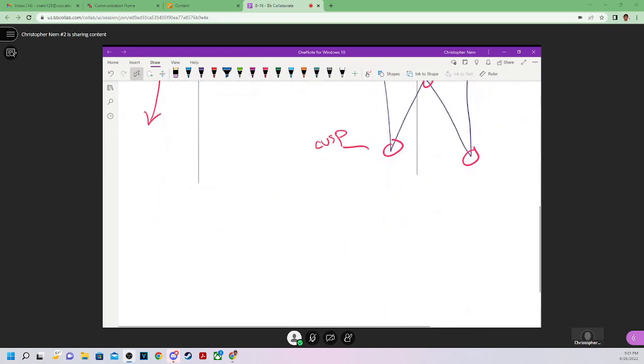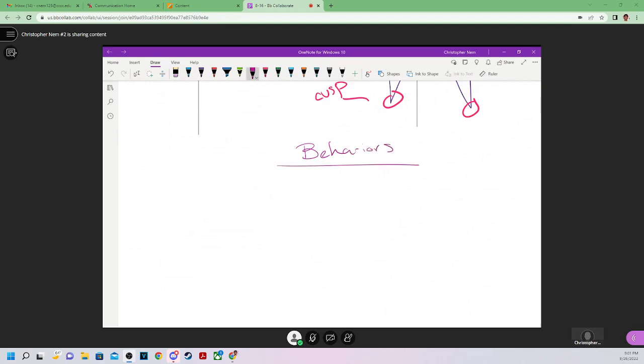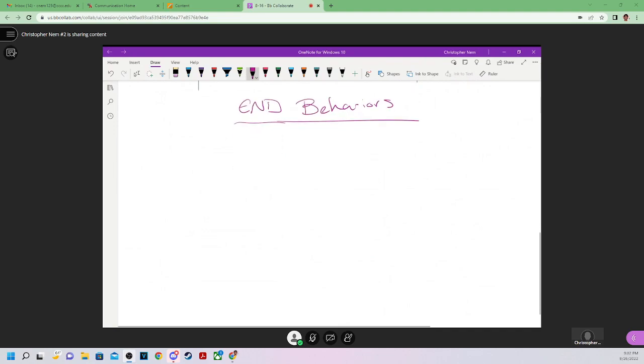Now we need to understand its behaviors. And first, let's talk about end behaviors. So we got to talk about the end behaviors, and then we got to talk about the behaviors that are not in the end. There's not really a good name for it, but I want to talk about the ends first because I think they're very important. So if we take a quadratic,